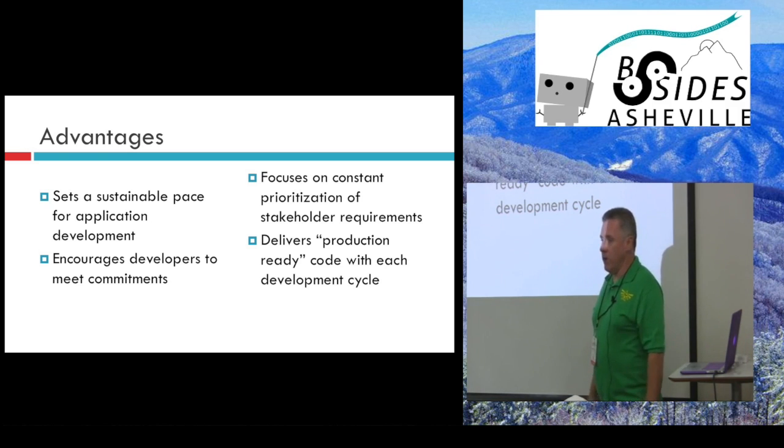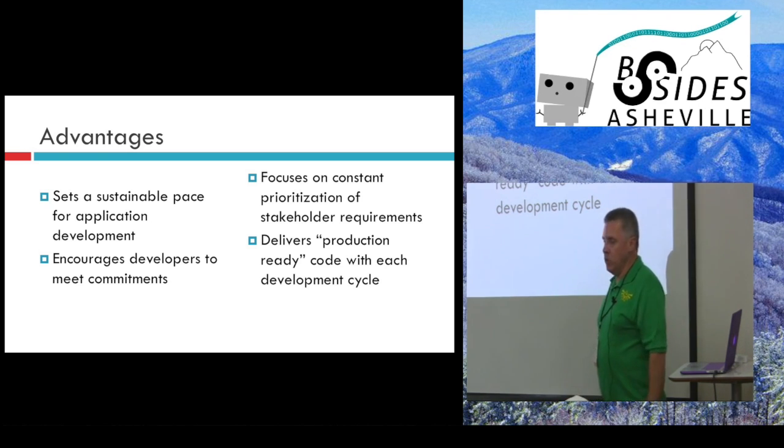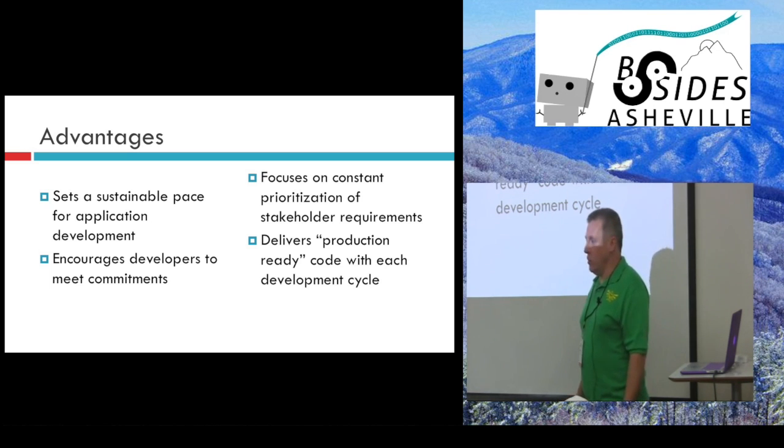And then from there, for the next cycle and the next cycle and the next cycle after that, the development team only accepts that amount of work. So if they can do 60 units of work in 2 weeks, from then on, they're not going to accept a deadline that includes more than 60 units of work within those 2 weeks. You don't have people work until 3 or 4 o'clock in the morning trying to get stuff ready to pass off to the operations team to deploy at the last minute.